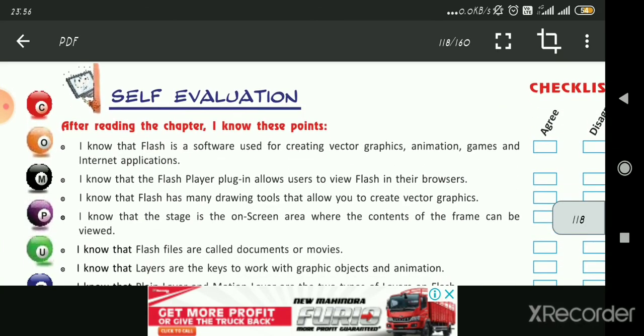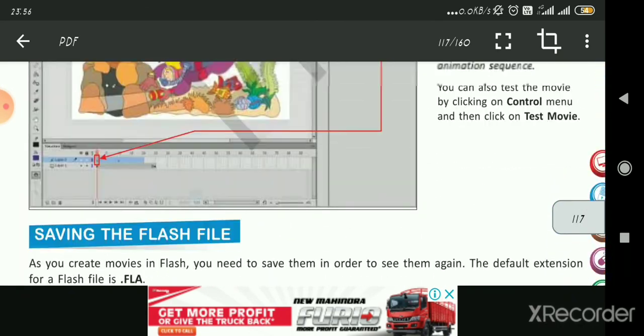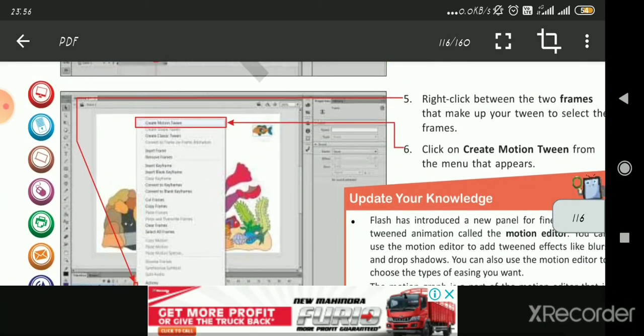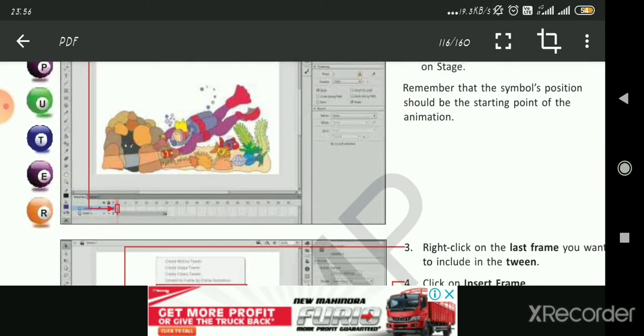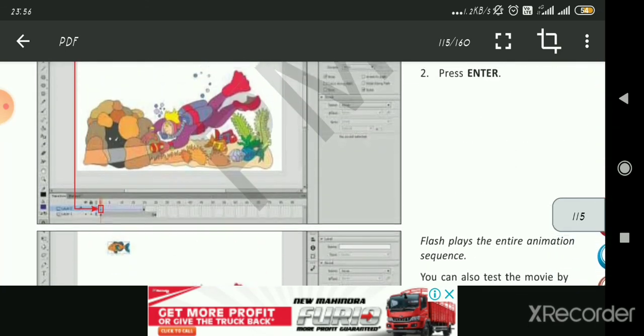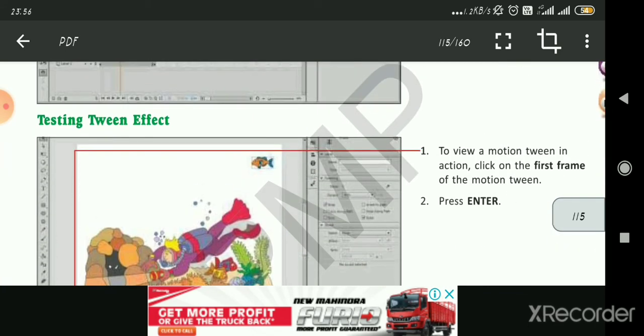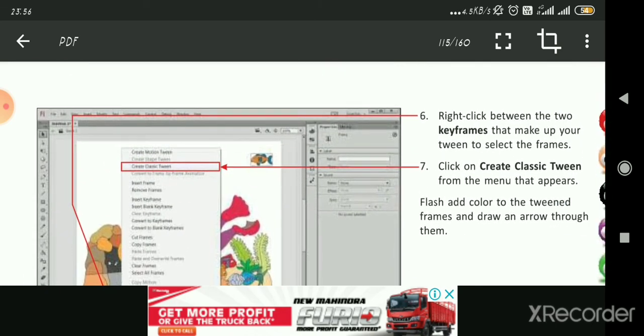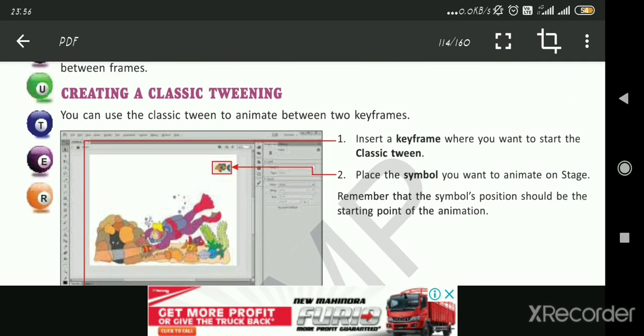So here students, we have completed our chapter Flash. If I get the software, then of course I will show you the practical of this also. Otherwise it is our bad luck that we didn't get the software, because Flash is now not available on the net also. It has been stopped by the company, so you will not get Flash on the net. This is the problem why I have not shown the practical till now. But I hope if I get it from somewhere, I will surely show you the practicals of this chapter.